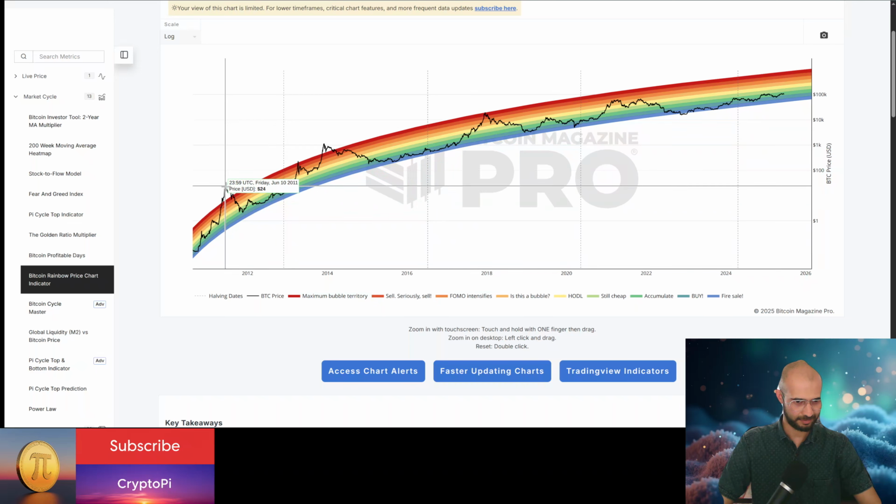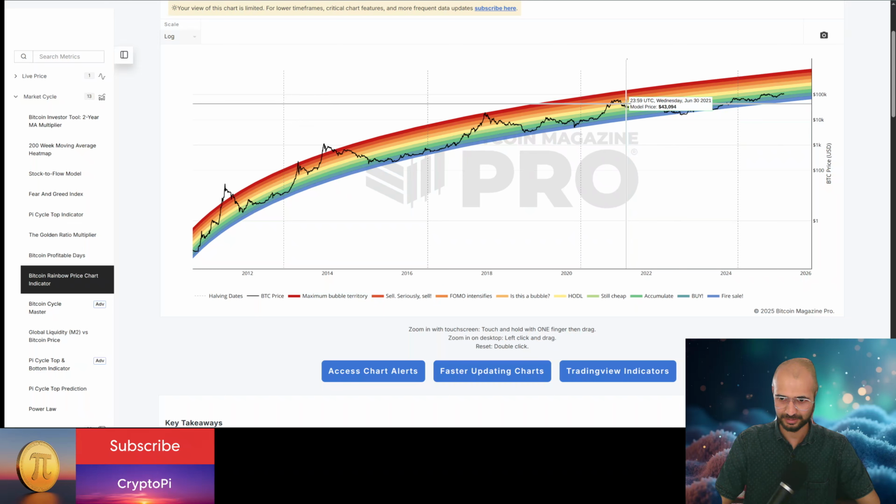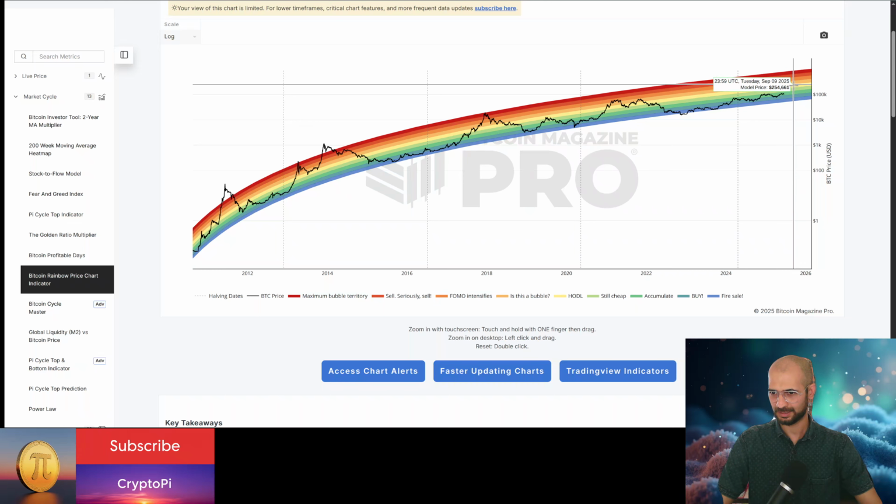We see that here with every top which has been reached, the price goes 2 bands lower in the next cycle. From here, it went 2 bands lower, which is the orange one here. So it's quite likely that 2 bands below this orange, that's the yellow one, in this cycle, Bitcoin price might hit the top somewhere in this yellow band. Now, as you progress in time, the price also keeps increasing. So if the Bitcoin top happens next year, June 2026,